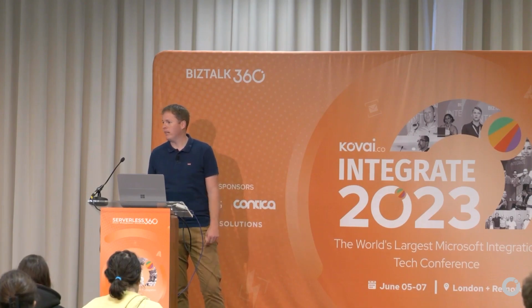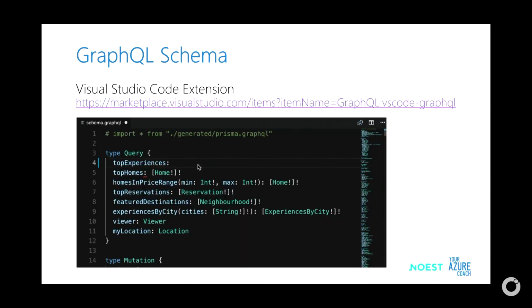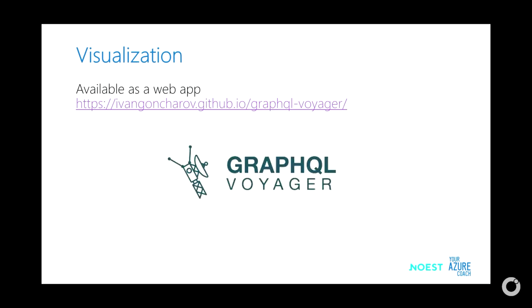The second one is API design. So you need to create your GraphQL schema yourself. You see there's a Visual Studio Code extension for it, but it's quite cumbersome. So at a certain moment in time, you have a schema of 500 lines, and actually you don't know anymore how these different types are related to each other and so on. How can I query from one entity to another one? So it becomes quite cumbersome at a certain time, but luckily there's an open source project, GraphQL Voyager, that tries to visualize your whole GraphQL schema, and you really see the relationships between them.